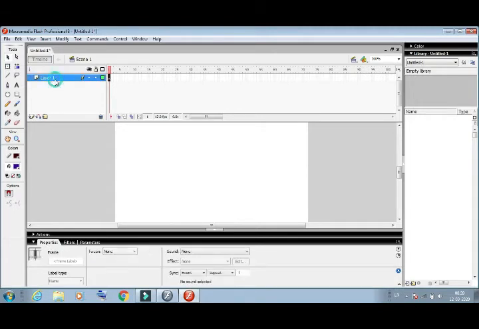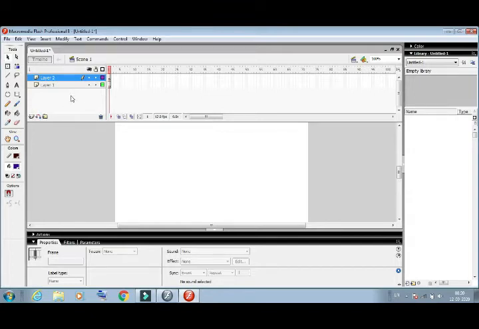First we will learn how to create a new layer. This is Layer 1, which is our default, and then we will create a new layer. At the bottom side, there is the plus icon. We will click this plus icon, and the new layer will automatically be inserted.